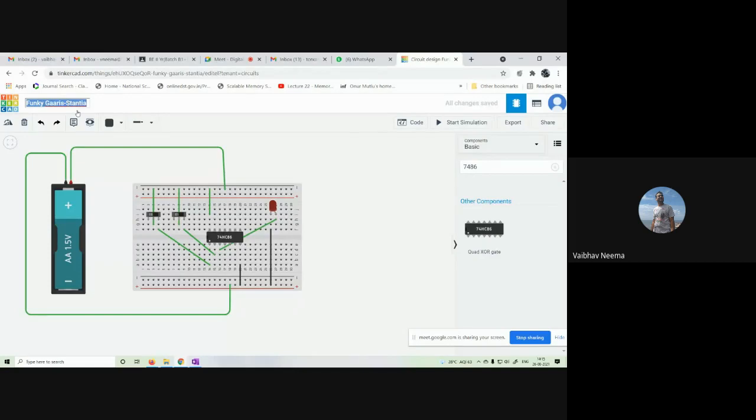Now we replace this with the name. The author name is Vaibhav Nima and the experiment is XOR gate. So we write XOR gate as the name. Then we start the simulation. We click on the right hand side button, start simulation, and as we start simulating the circuit,